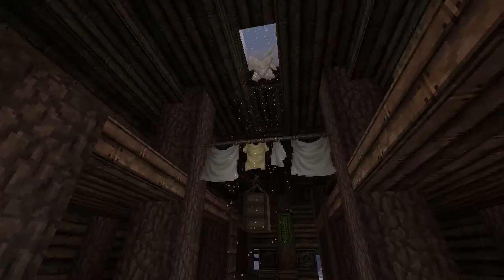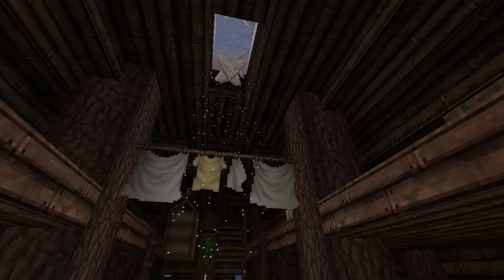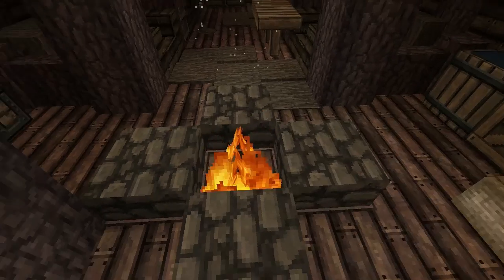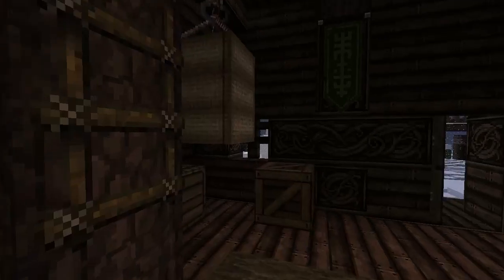Anyway, we've got some beautiful long houses here, which are perfectly suited for this area. You can see they're built on stilts to stay above the snow drifts. And in here, I believe we've got a barracks with some clothes hanging up to dry. We've got some snow falling through the smoke hole at the top of this building. No chimneys here on Bear Island. It's mostly just smoke holes on the top of the roof. Of course, that smoke helps to insulate